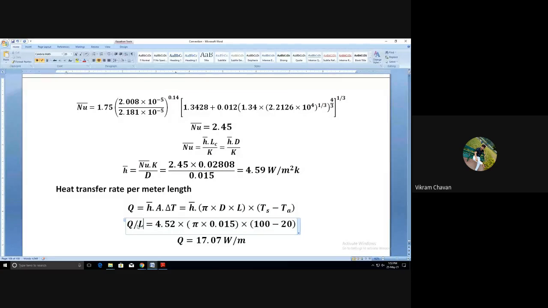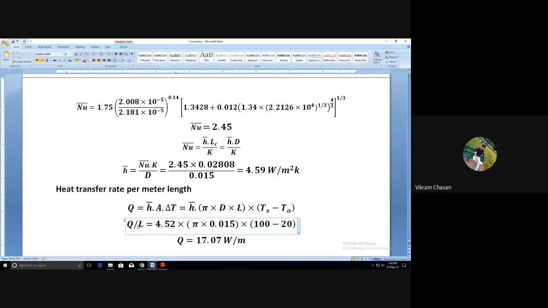Okay, so if you transfer this, you can write in this fashion, or if you did not transfer this, then also no problem in this question. But keep in mind, if the length is different, in that case we have to transfer the length to the other side, or the length is not provided in the problem statement. So we have to determine the answer in watt per meter, so we have to transfer the length to the other side. So it will be Q by L.